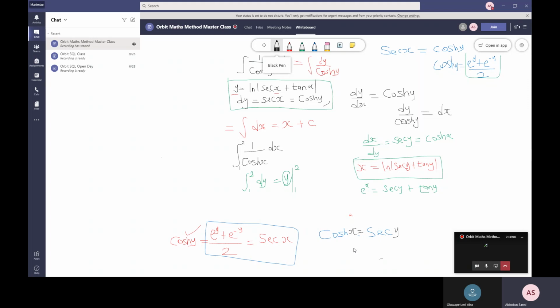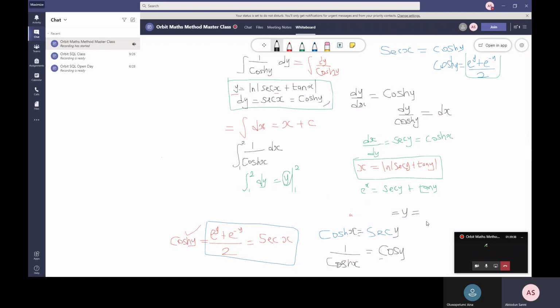So what I will have done before, I'll just say since cos x is sec y, then it means 1 over cos x is going to be 1 over sec y, and 1 over sec y is actually cos y. So what I'll just do is here, okay, the thing is that I can't just put cos y here because it is related to x, so I cannot do that. So from here I'll substitute for y. If cos x is equal to sec y, that means y is